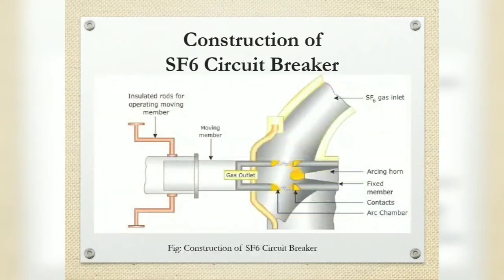So in that, the interrupter unit consists of moving and fixed contacts, a set of current carrying parts and an arcing probe. It is connected to the SF6 gas reservoir. This unit consists of a slide vent in the moving contact, which permits the high pressure gas into the main tank.